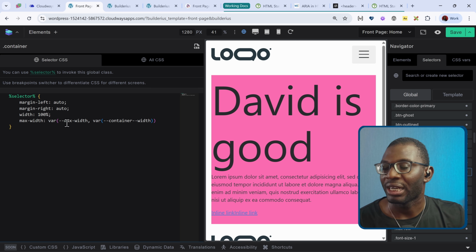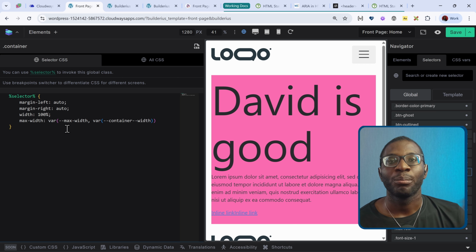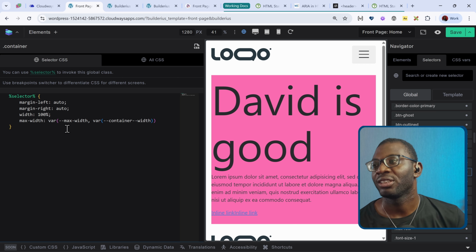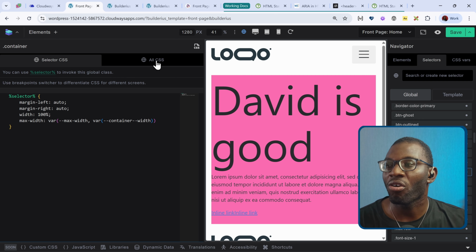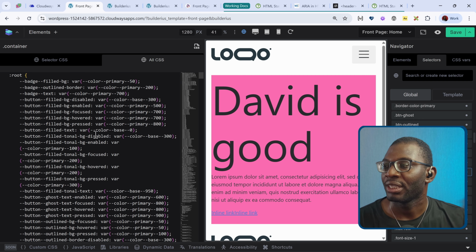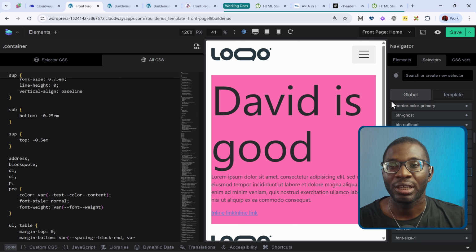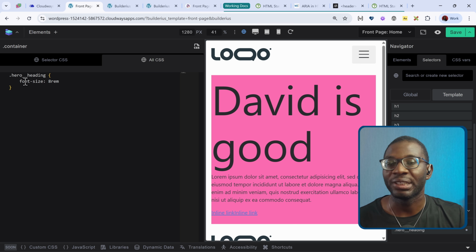And then we have all of our CSS. If I want to see every CSS that has been applied across the page, I'll simply click on all CSS. And then I can see every CSS that have been applied to the global specifically. If I want to see every CSS applied to the template specifically, I'll click on template, and that shows me every CSS that was applied only on the template level. And there we go.